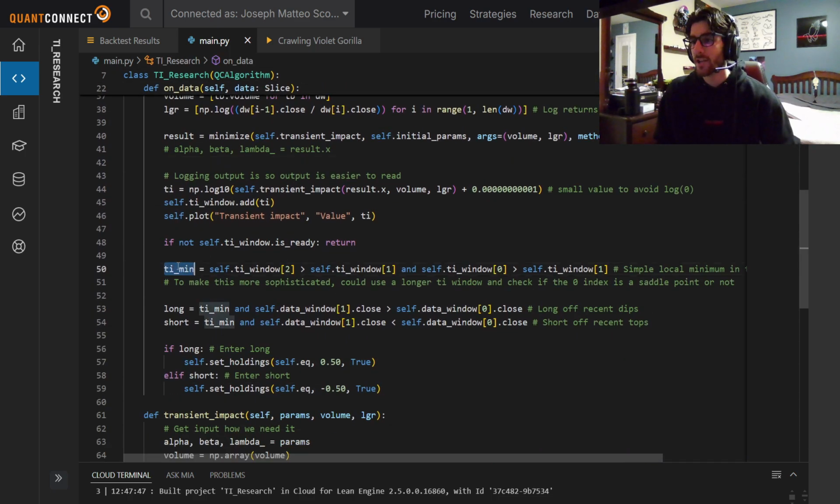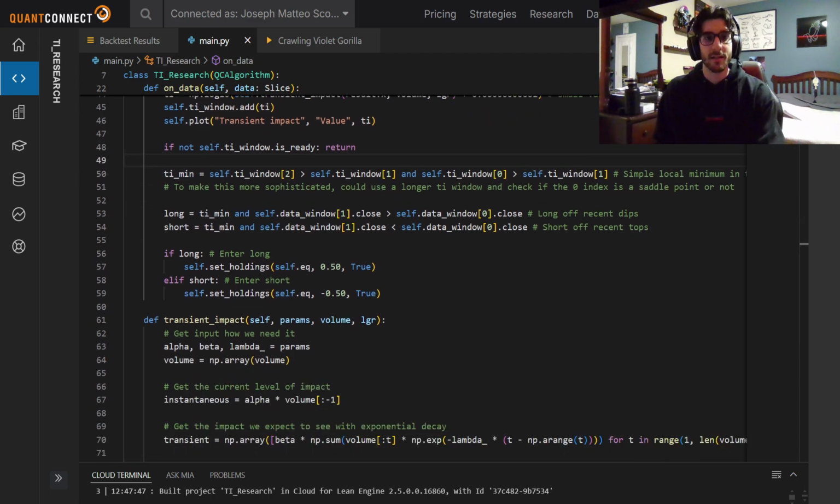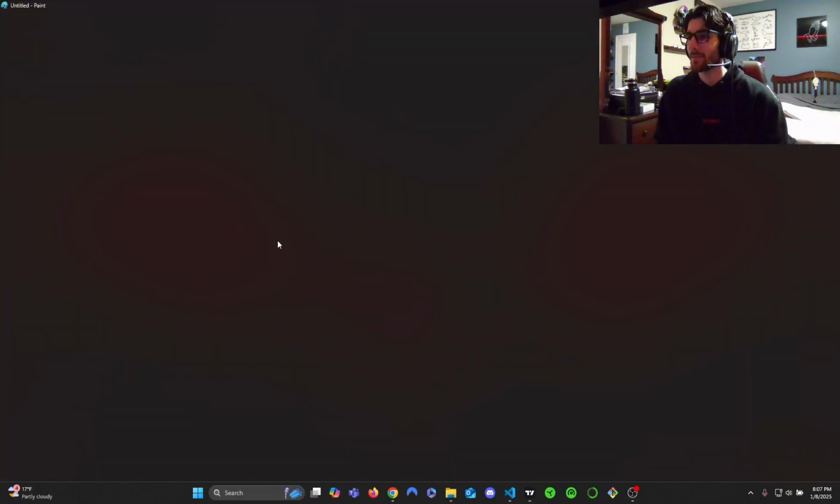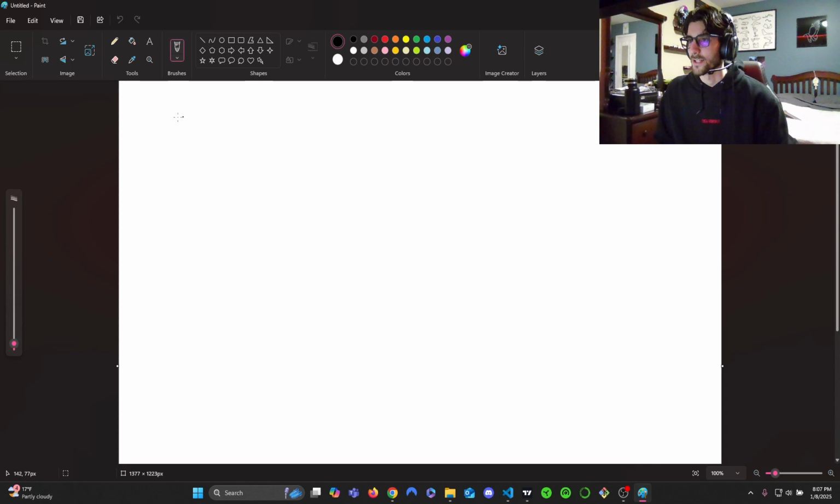So now I actually didn't go into this. So now why do we want to enter on these dips? We're going to get into pain again. Why do we want to enter on those transient impact model dips, right there? Even if the stock's going up or down, we'll worry about that later. Why do we want to worry about that dip? Well, because